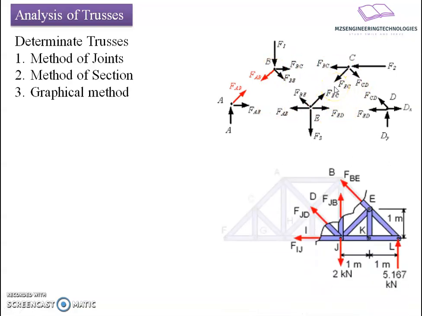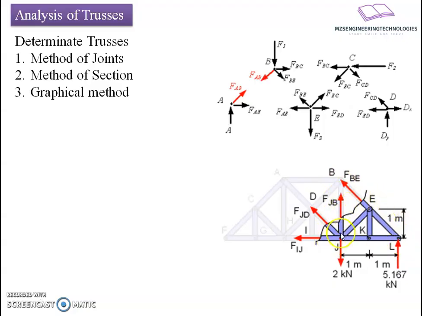In case of method of sections, we are not going to have the complete analysis. We can take account of symmetry, or we can have a section from it. So we'll pass a section through the members whose forces need to be found. Instead of going for the whole analysis, I will pass the section at a convenient position so that the forces in the members can be evaluated. And for that, I will prepare a free body diagram for that particular section, and then I will find the unknown forces by applying the equilibrium equations